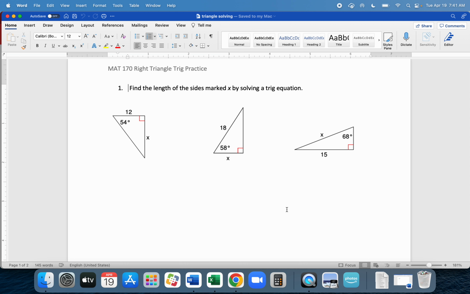Whatever angle I'm talking about, we know 90 degrees, so we don't have to solve for that or use it, but talking about these